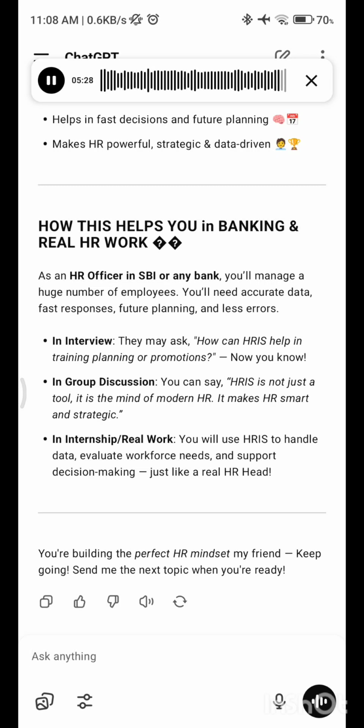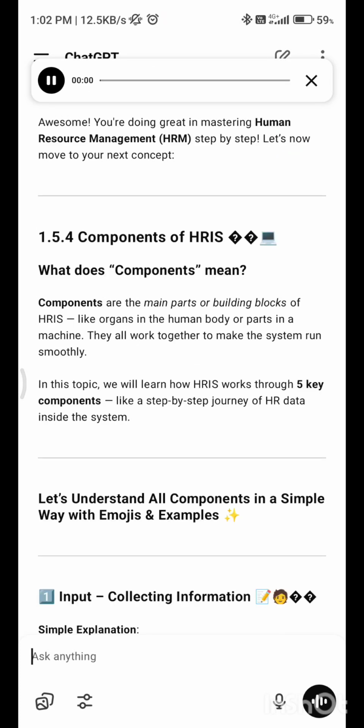In internship real work, you will use HRIS to handle data, evaluate workforce needs, and support decision-making, just like a real HR head. Awesome! You're doing great in mastering human resource management, HRM, step by step. Let's now move to your next concept,